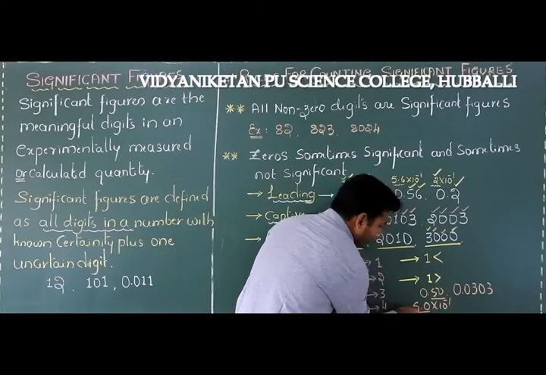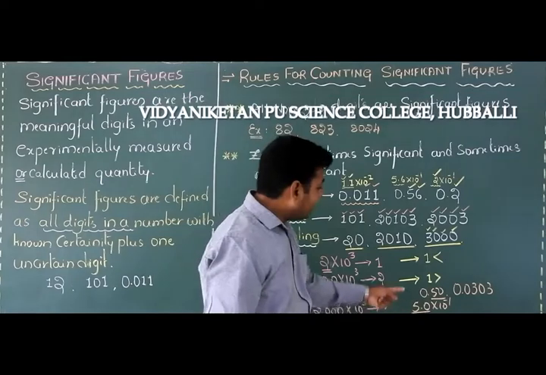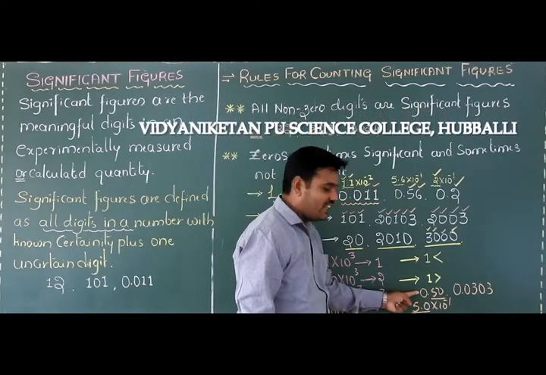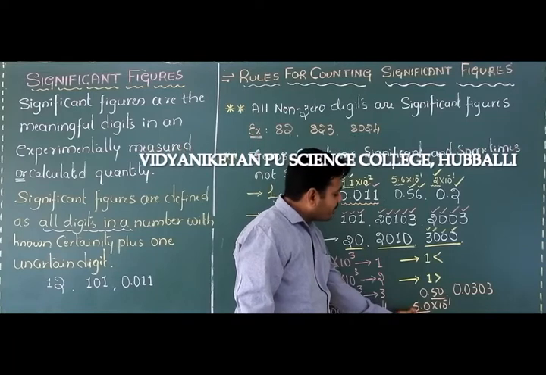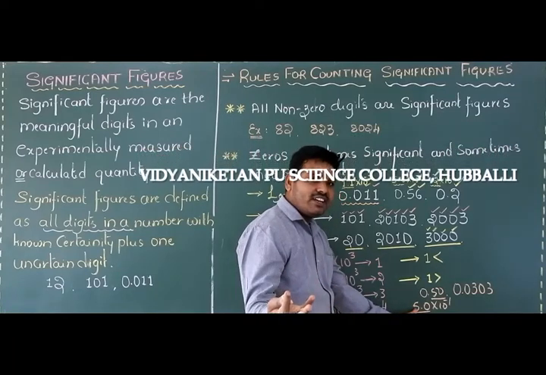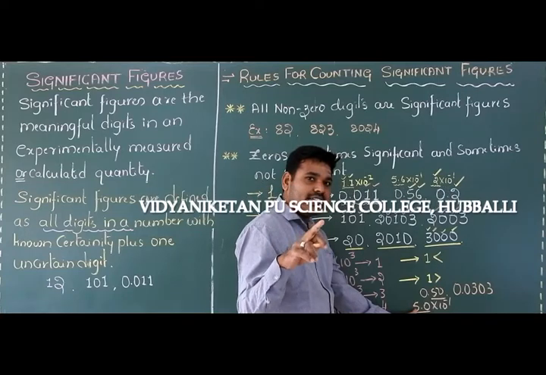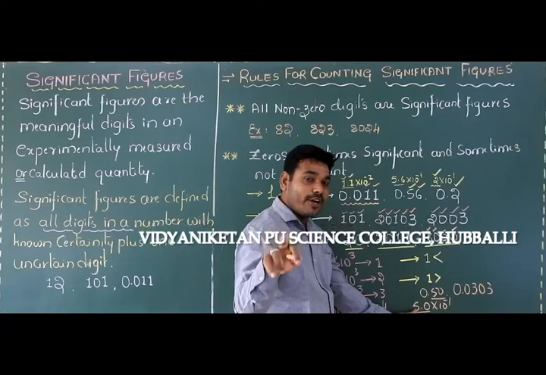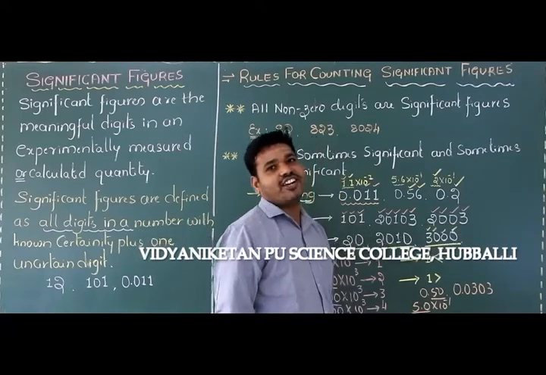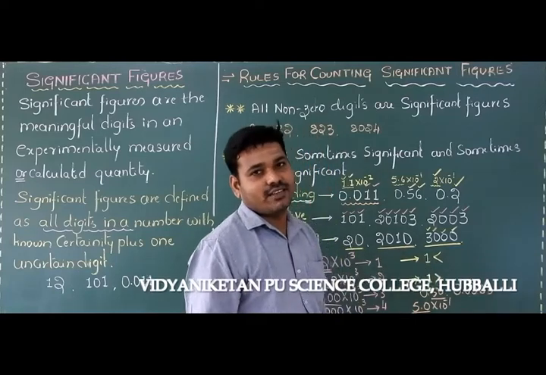Then how many significant figures, students? Two significant figures. Look, if we take this, the number is less than 1. Now when I express this in scientific notation, 5.5 is greater than 1. Greater than 1 means the zeros which are present at the right hand side after the decimal point are counted as a significant figure. So we consider it a significant figure.